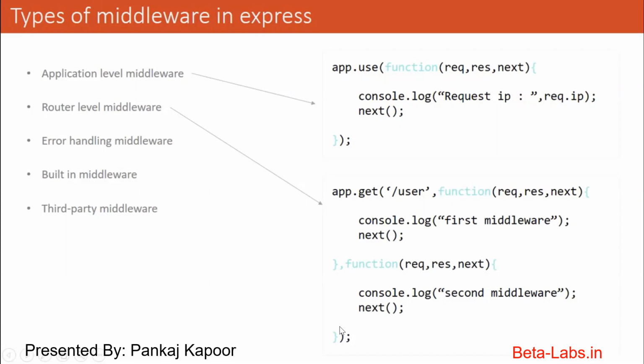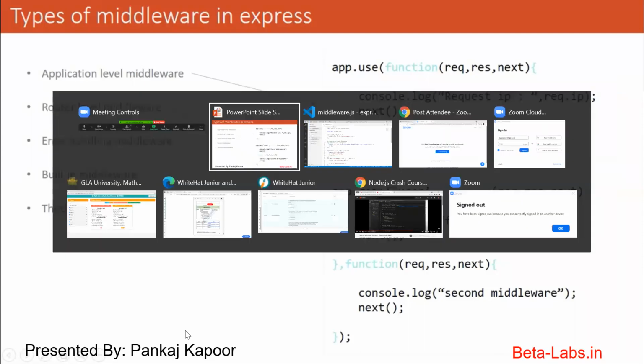So class, I'm going to start with the topic. In the last class, we discussed middlewares, the different types of middlewares, and we took an example of application level middlewares and route level middlewares. I'm continuing with that topic and taking you to the next types of middlewares. First, I'm going to explain what error handling middlewares are, and then we will discuss the built-in middleware. Let me take you to the code.